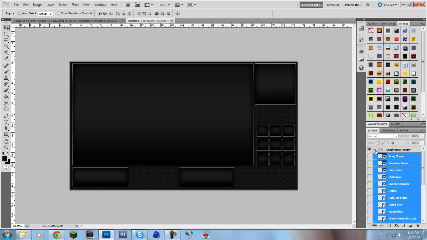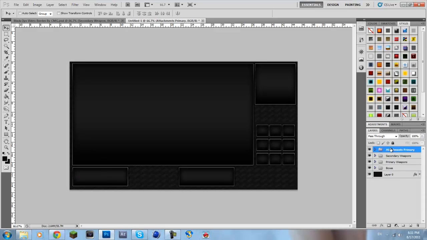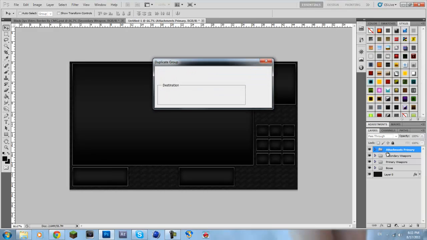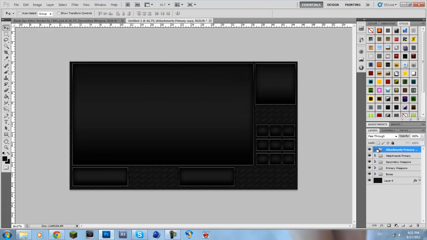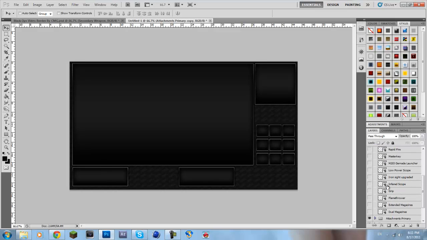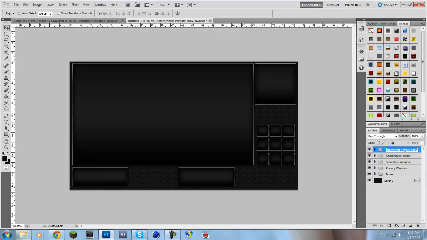Alright, okay, so that's done. And now what we can do is copy and paste this entire folder, and if I just go and show one of them so we can see whereabouts it is, we can drag this across into secondary as well, because this same list has all the secondary attachments like snub nose and speed reloader and grip and everything like that. So we're just going to keep those in there and rename this to attachments